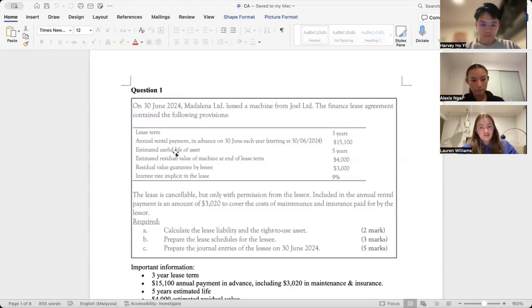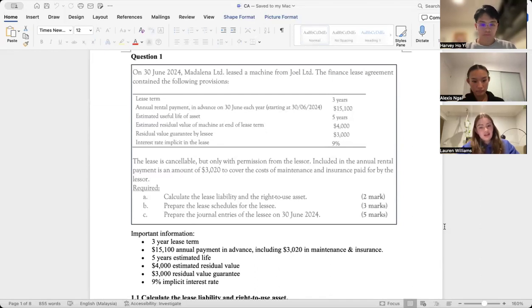So my contribution included finding the lease liability. I took the payments, which were $15,100, and from that I took away the $3,020, which were just maintenance and insurance costs, to calculate the lease liability. That was any unpaid lease payments, so just 2 years' worth, because the first one is paid in advance. It also included the present value of the residual value guarantee of $3,000. So I calculated that and it equaled 23,567, and used that to calculate